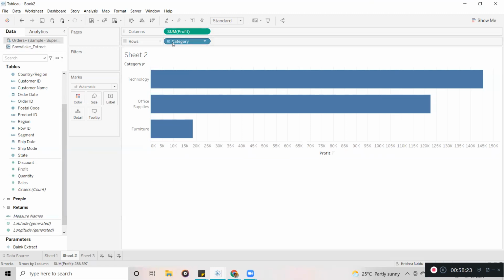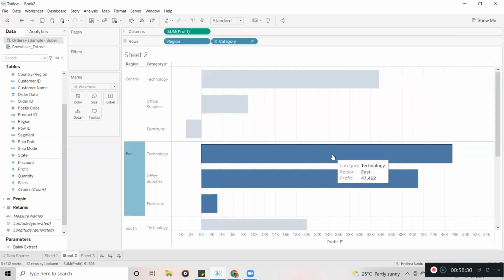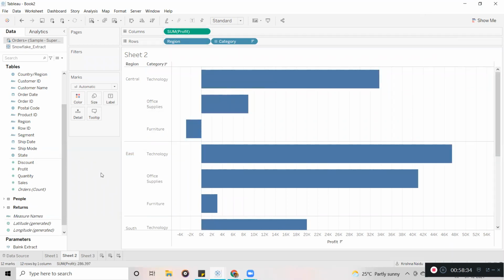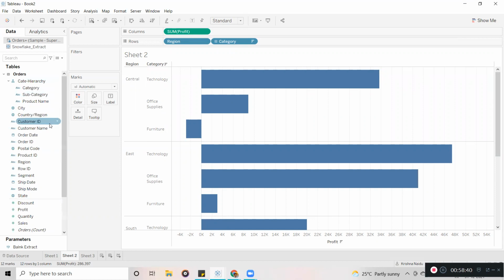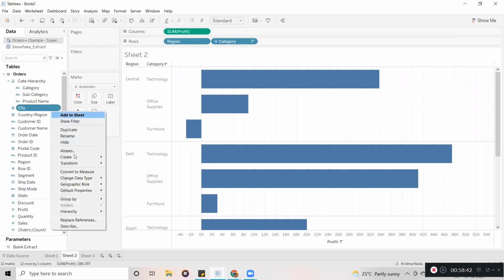Here you are showing category, and you can drag the region as well here. It means how each region is performing. Now I am going to give the color for this. Let me try the different options we are having.